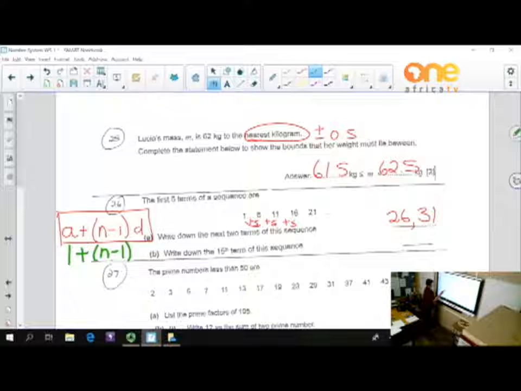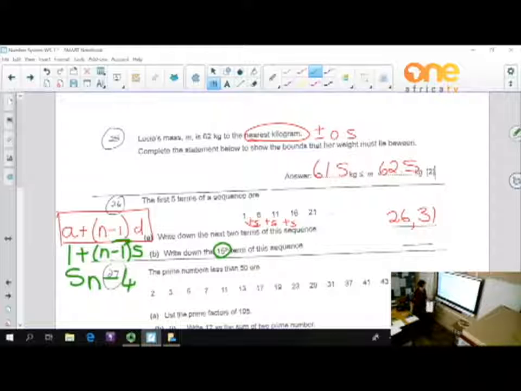And then D is the common difference, and that is the 5 that we have there. So we multiplied in, and then it is 5n plus 1 minus 5, which is 5n minus 4. If you now substitute this 15 in that,